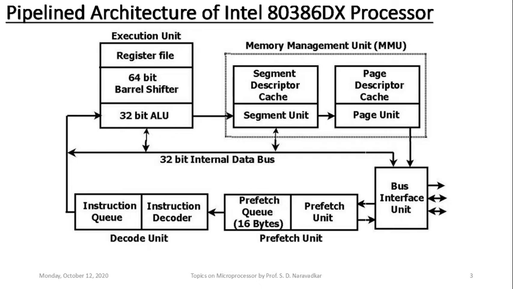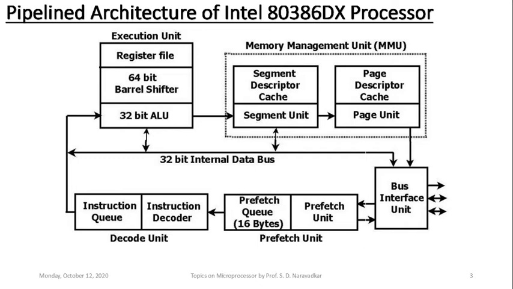Now why have I stated it as common? Because it contains internally two pipeline units here, the segment unit and the paging unit. The segment unit contains the basic segment unit and the segment descriptor cache. And segmentation will always be performed in the case of Intel's processor. That's why this operation will always be considered in every memory access here.